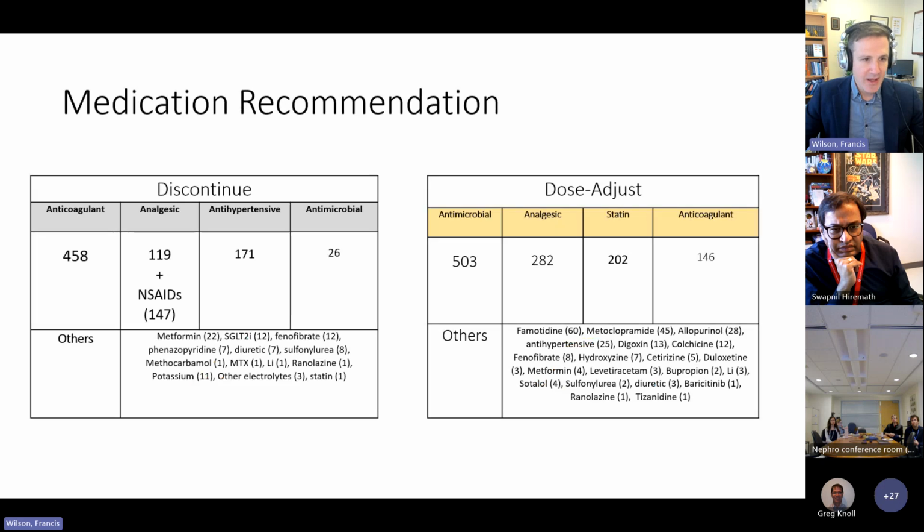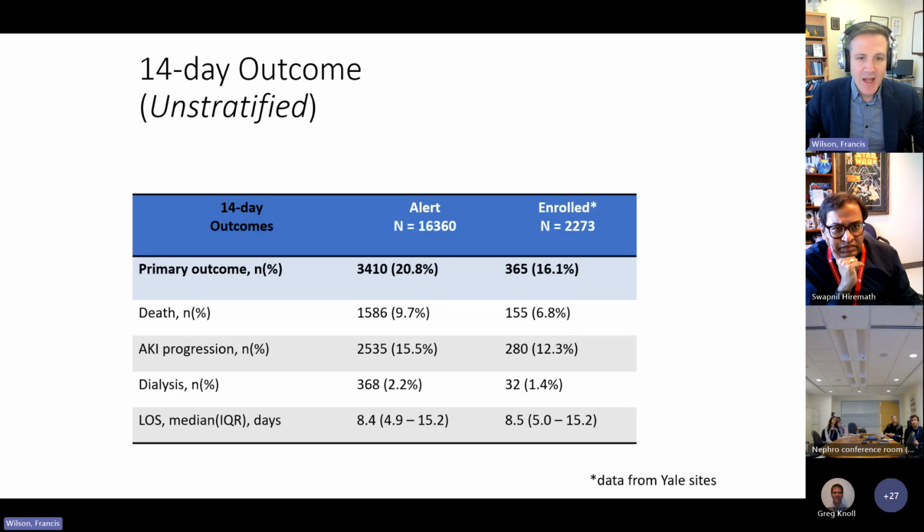I'll skip through that in the interest of time, and just unstratified outcomes here in our interim analysis. So this is not the randomized, it's just overall outcomes, but you can see kind of what we'd expect: a little lower death rate, as I had implied, and progression rate and dialysis rate in the enrolled group at our interim analysis, which again led us to start staffing the teams at times other than AM labs. And this has gotten closer to the overall AKI